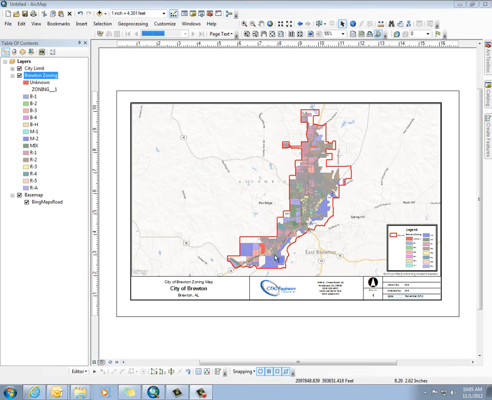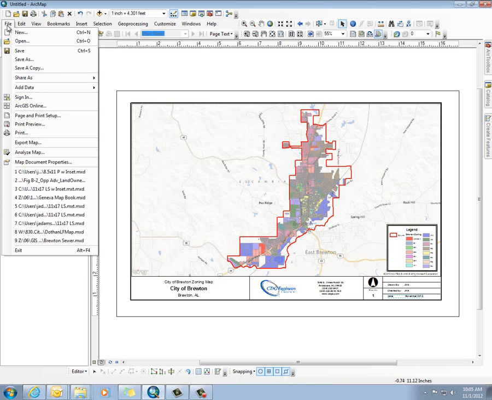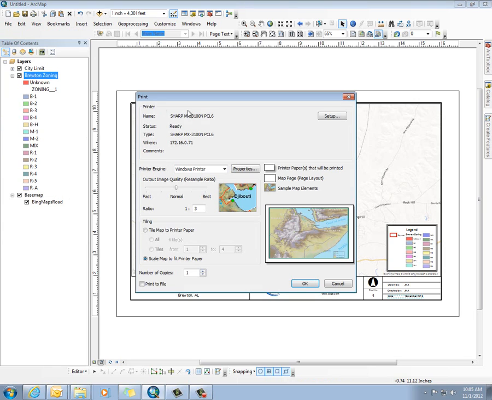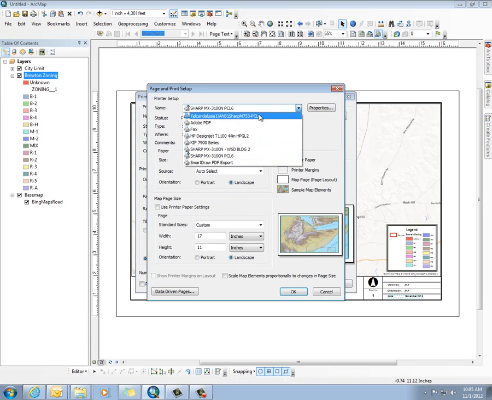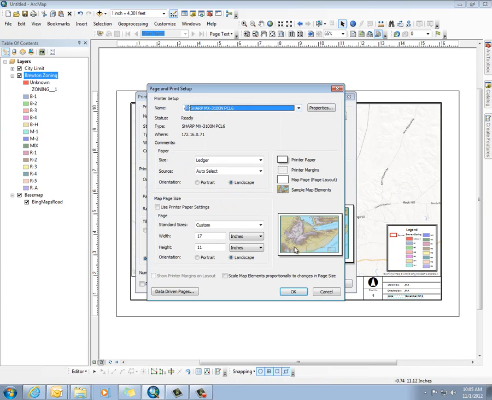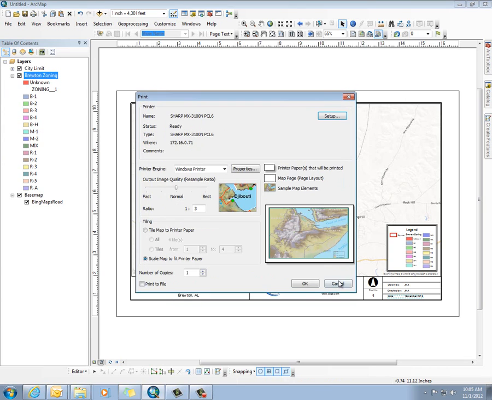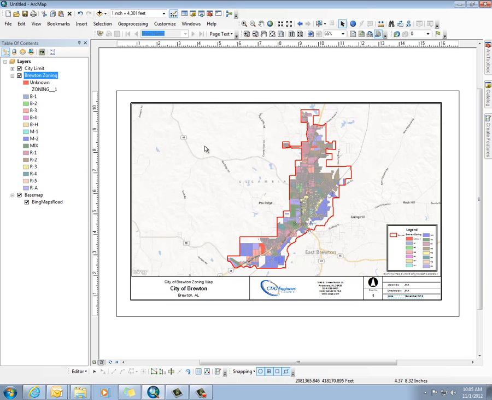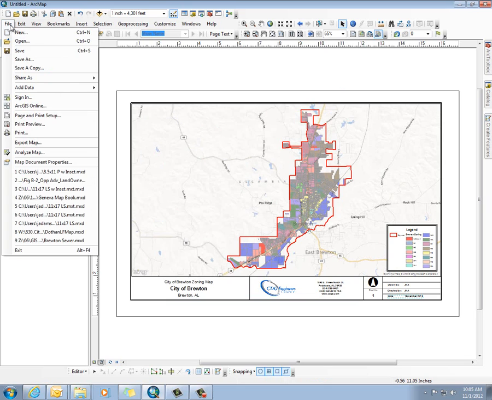Now that we have our map document the way we want it to be, we want to either print it or typically to export it to a PDF so that you can print it over and over. In most programs, you go to File and Print, and we'll select the Adobe PDF printer. I would not recommend doing that in ArcMap. If you do not want to print directly to a machine and you want to make a PDF, you need to export the file. So you will go to File and Export Map